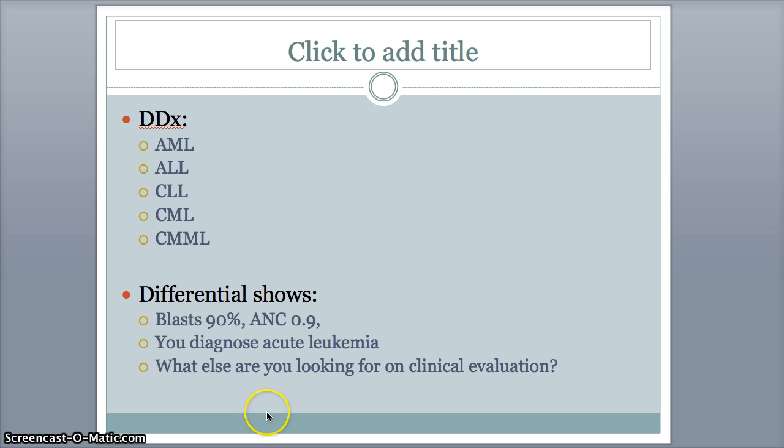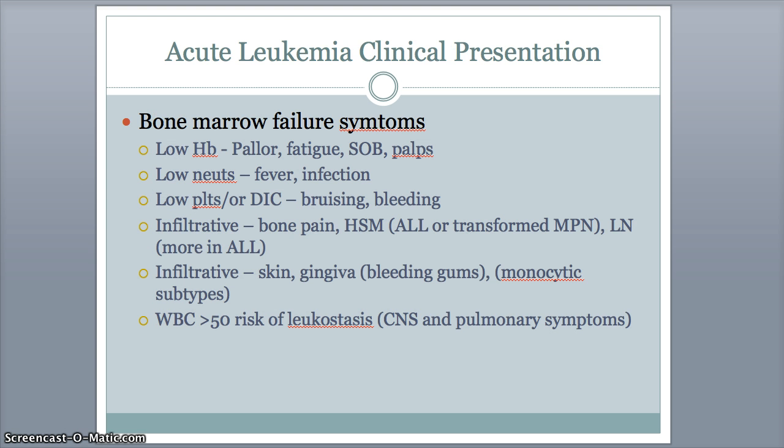So now I'd like you to think about what else you'd like to look for on your clinical evaluation. So not investigations, but your physical exam and history. And I encourage you to think about what will happen to the patient as a consequence of cytopenias, consequence of the high white blood cell count, and of potential infiltrative symptoms. So if we break it down in terms of